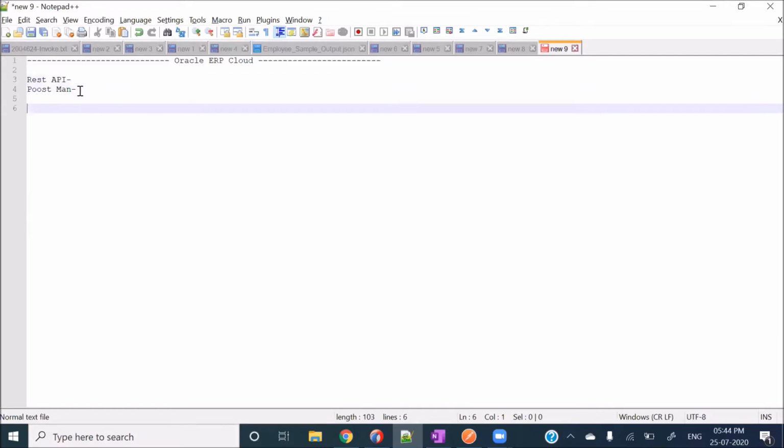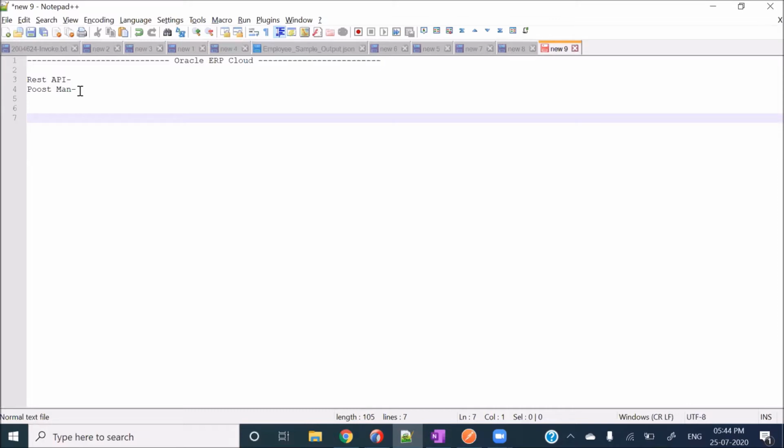So let's take a real-time example. For example, you're working on Oracle ERP Cloud. In Oracle ERP Cloud, we have many modules like Financials, Human Capital Management (HCM), and Supply Chain Management (SCM). Let's take a very basic example where you want to figure out an API which can give you AP invoices, account payable invoices details. The first thing which comes to mind is how I can figure out the REST API which can give me the invoices, and how I can test it on my environment.